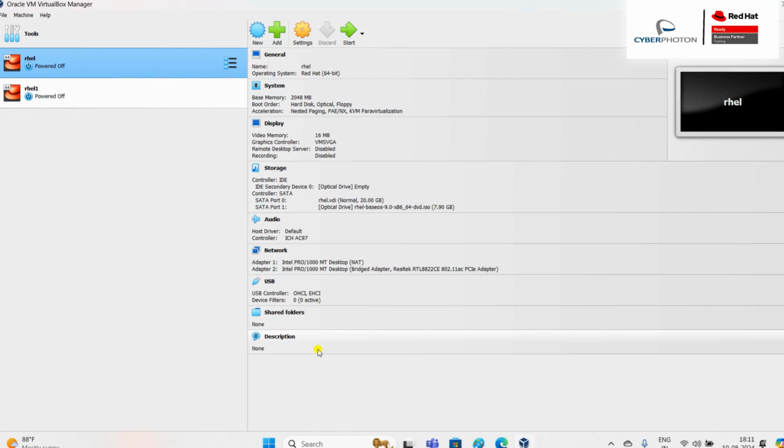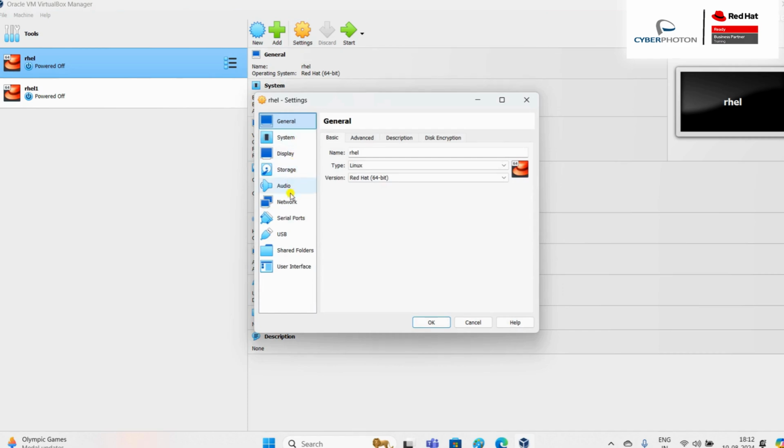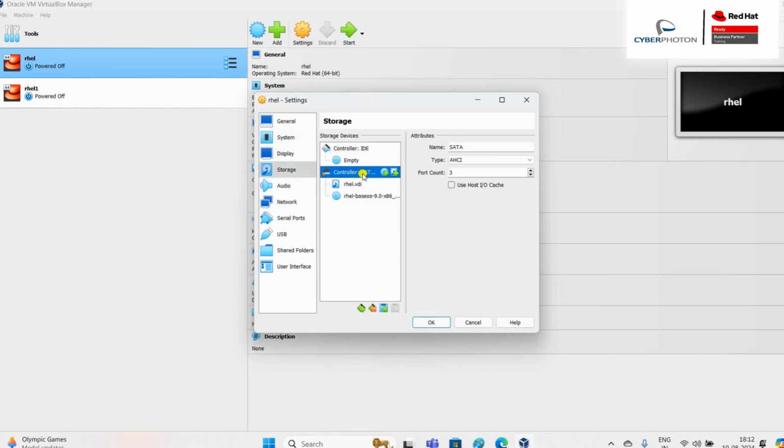I am Tapas. In today's session, we are going to see how we can add a storage disk in our VM itself. So for that reason, what you are going to do is just click on the one VM in there, and after that, just click on the setting icon. Then once you have clicked, come to the storage. Then here you need to click on the controller SATA, and just click on this disk